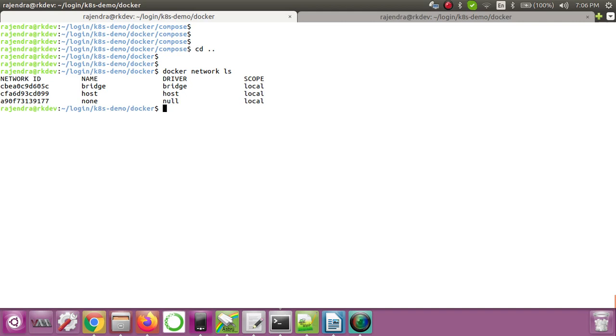Okay, so for the container again it will just assign the IP from the same network, something like 192.168.80.90. That means your container will be directly visible to all the network, all the network of your host machine. So that is called a host network.